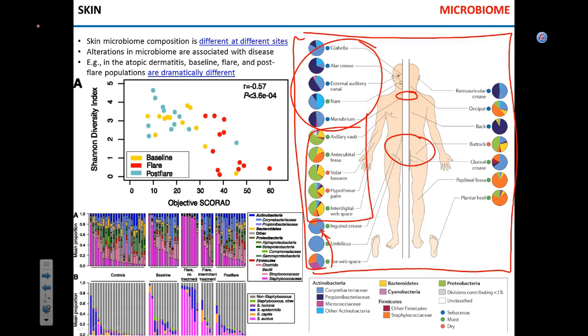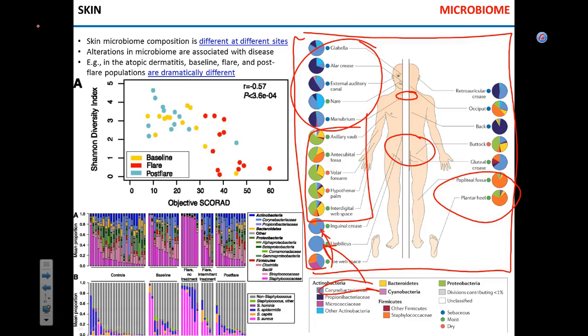So the umbilicus, the belly button, is entirely populated by Corynebacterium. Okay? You look at the legs, mainly Staphylococci, which by the way explains why socks smell so terribly. Okay? Because of the fermentation that Staphylococci carry out, producing all the terrible smell. So first of all, even in terms of a single organ like the skin, microbial compositions will be different in different locations. And secondly, the study of